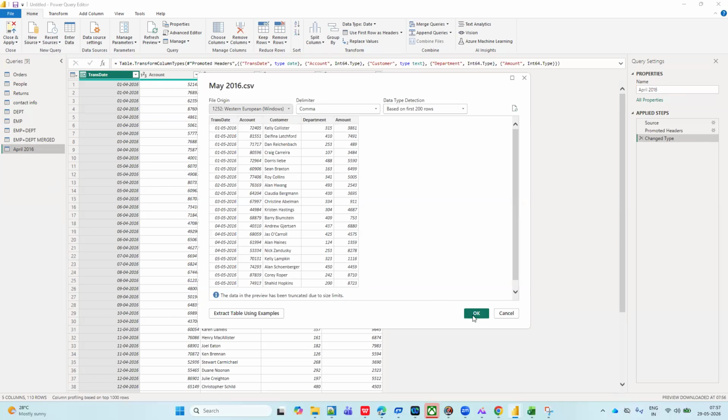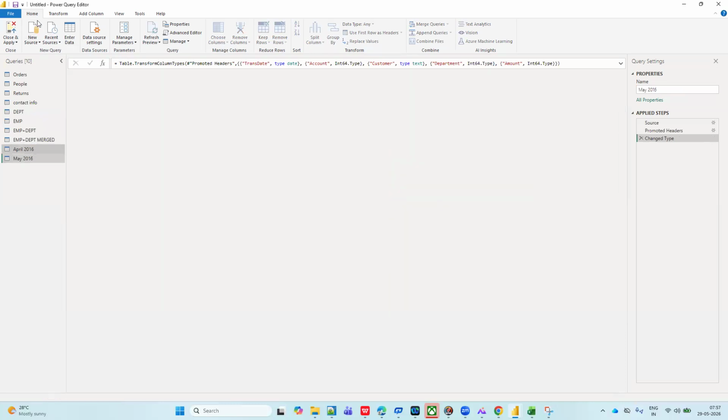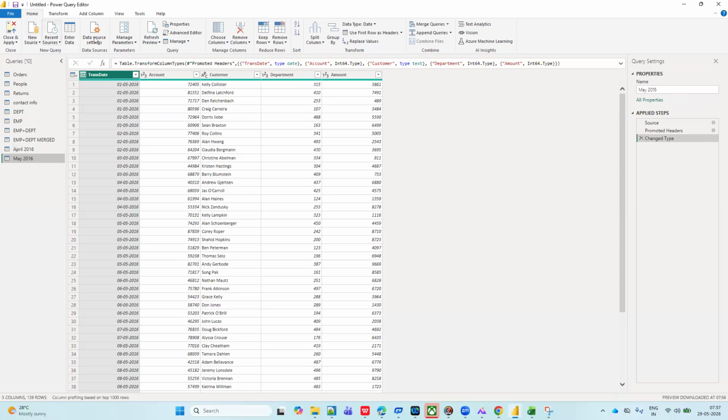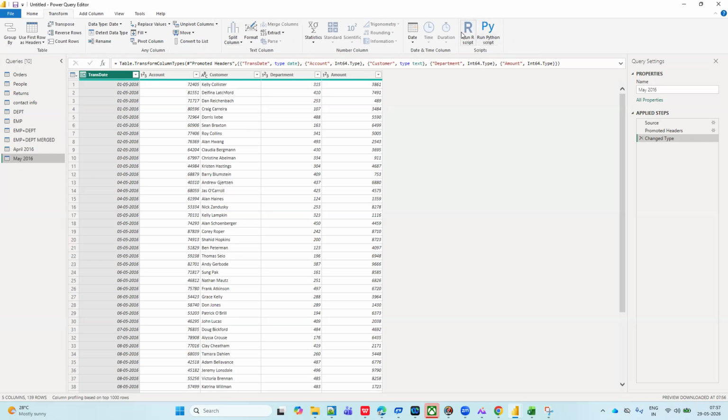But by the end of the class, what are the options which are there in the Power Query? Maybe the Home tab. Each and every option which is there in the Power Query will be covered. After completion of this Power Query, you will be able to navigate and perform each and every option which is there in the Power Query. We will not leave any single option, except things like text analytics, vision, Azure machine learning. There are some options which we will not implement because to use them you need some machine learning language or text analytics. Except that, we will be able to touch all the options, like Python and script, because I